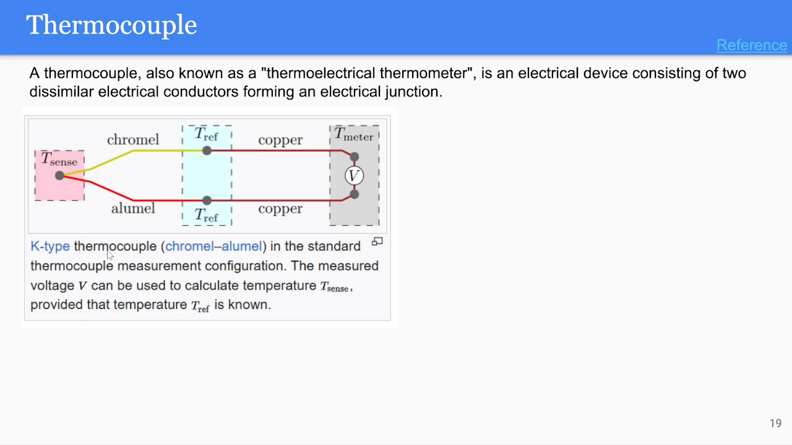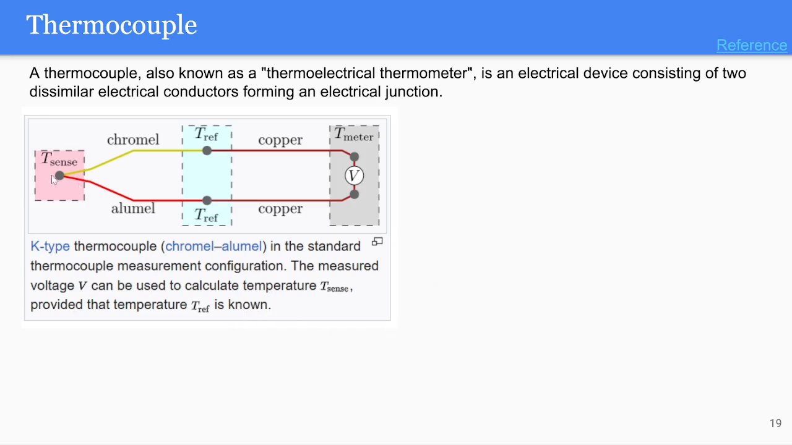So the K-type thermocouple, which is a chromel-alumel thermocouple, in the standard thermocouple measurement configuration, the measured voltage V can be used to calculate the temperature, the T sense here, provided that the reference temperature here is known. Okay, so